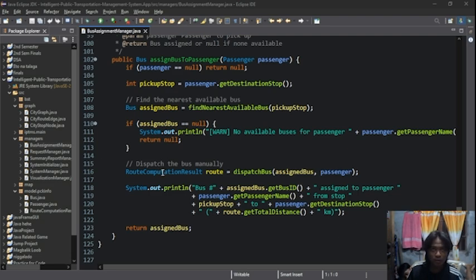Future use of the bus assignment manager class. This class is essential for processing passenger requests in real time. It will be invoked whenever a passenger is waiting for a pickup, ensuring the system correctly finds the best bus, updates its location, and logs the trip for reporting and visualization purposes.